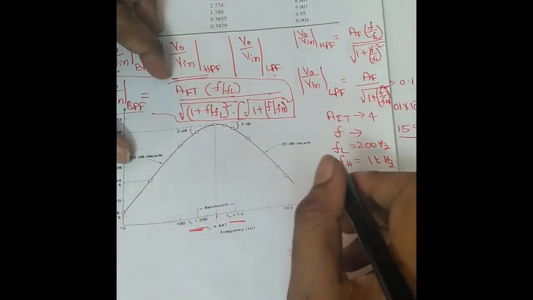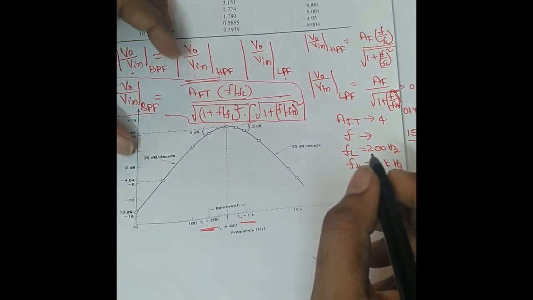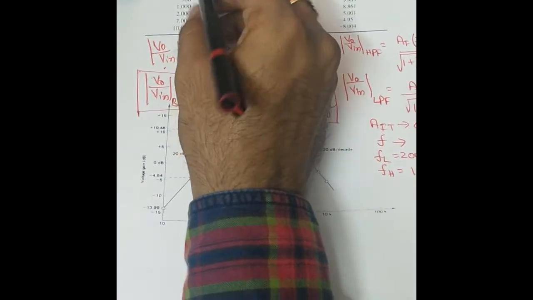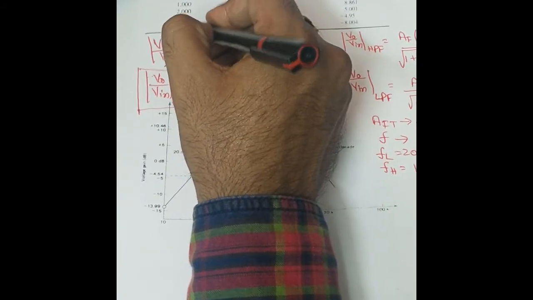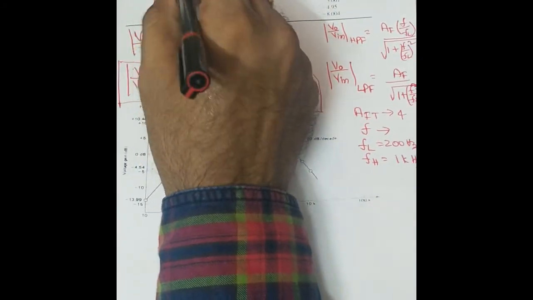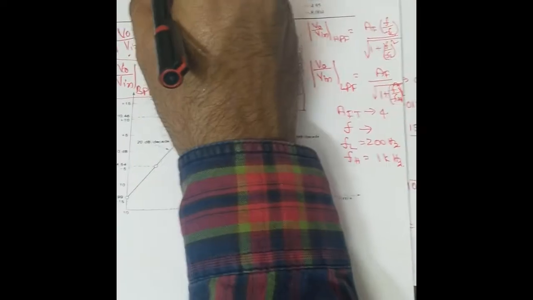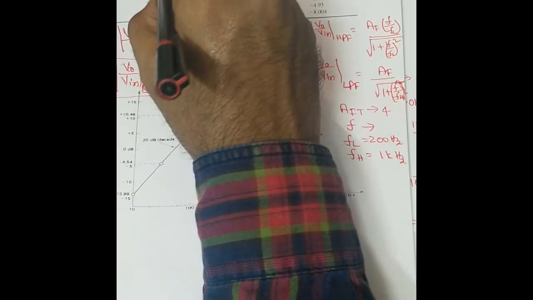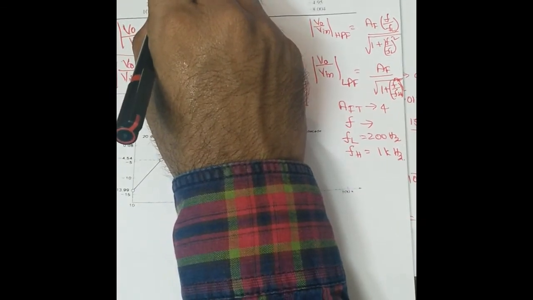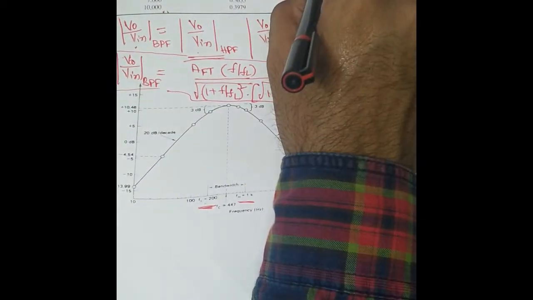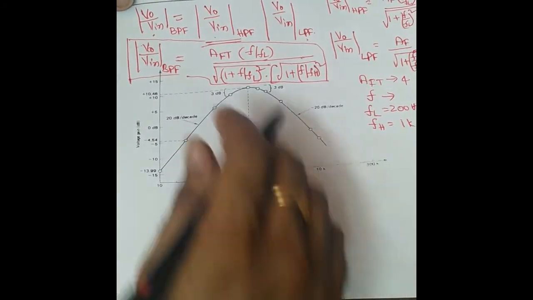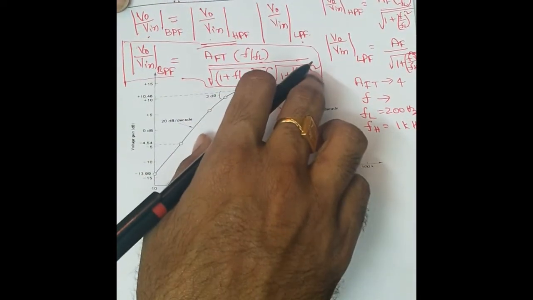Observe the response from F equal to 10 Hz to 10 kHz. If you observe the values, then for 10 Hz it will be minus 13.99 dB. When it becomes 447.2 Hz, it will become 10.46 dB. How it got, we will see. This is considered to be a wide band pass filter.